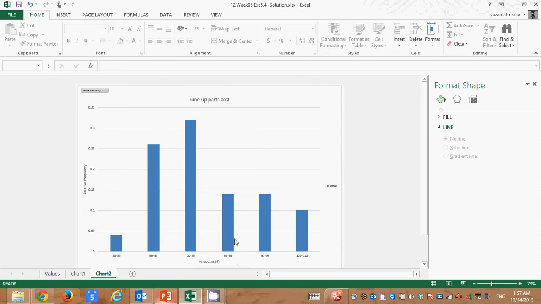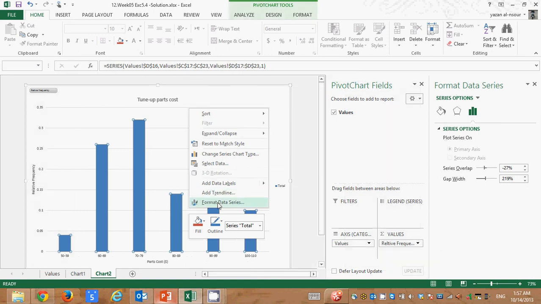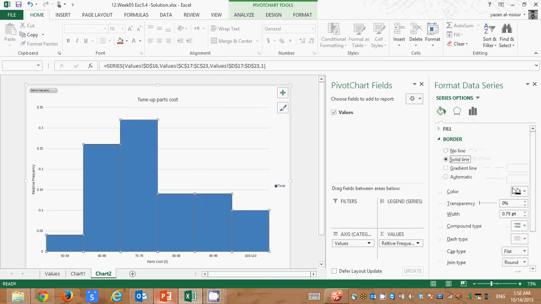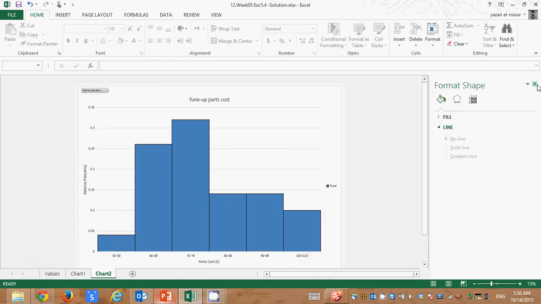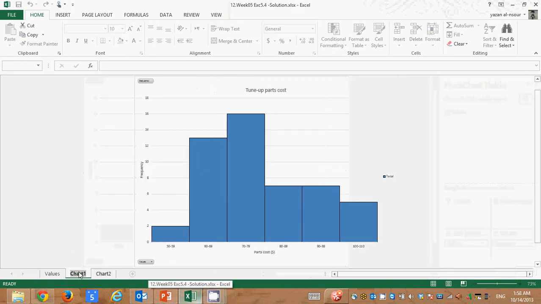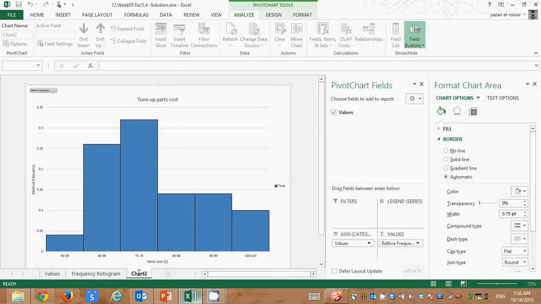Okay, I want to eliminate the gaps. So once more, right click on one of the columns for my data series. I want to reduce this to 0. Then I want to add a border, so solid line, black. I want the width to be 1, and get my histogram. We can change the title for these. Frequency histogram. And this is relative